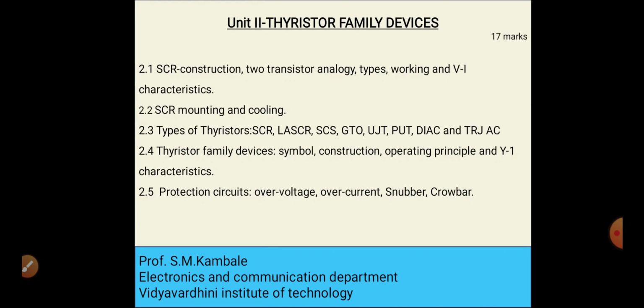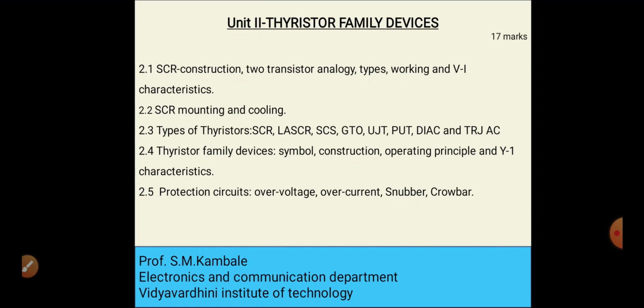As I have told you, an SCR is nothing but a thyristor. Okay, so SCR or thyristor is unidirectional. Unidirectional means the current flows only in a single direction. There is a triac. Triac is a combination of two SCRs. If two SCRs are connected to each other, then a triac is formed. Triac is bidirectional because in the triac current flows in both directions.